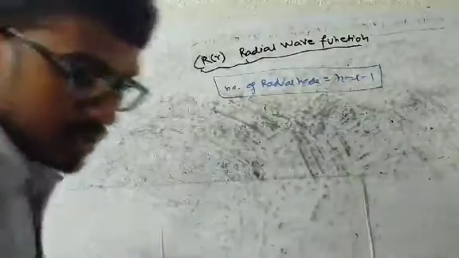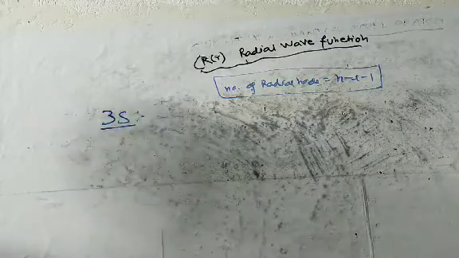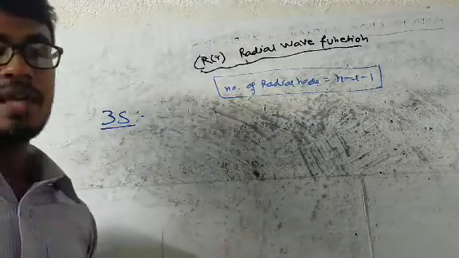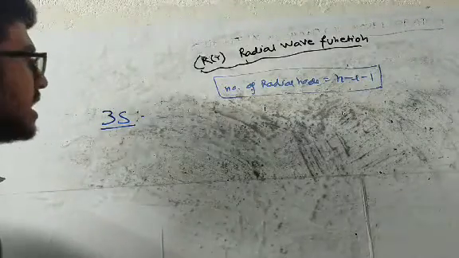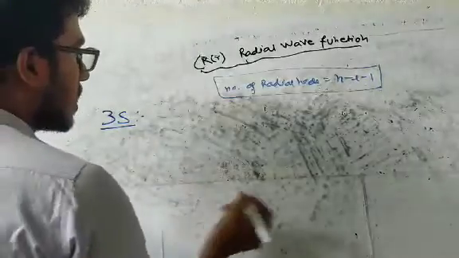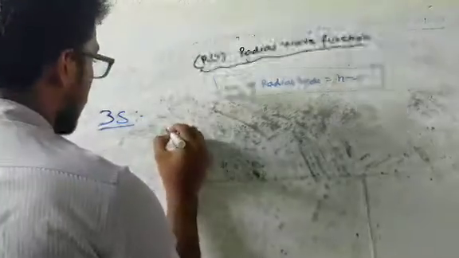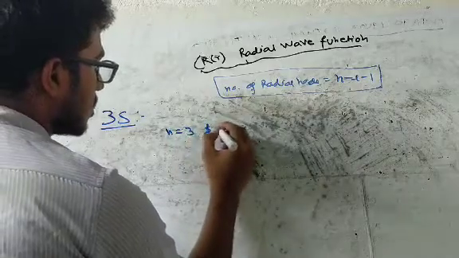Now go for the 3s orbital. So 3s. In case of all kinds of s orbital, the graph should start from the y-axis. We do not need the exact wave function of the 3s orbital. At first, just calculate the number of nodes. So n equals 3, l equals 0.